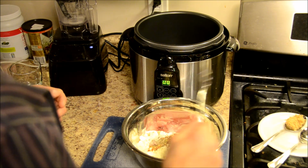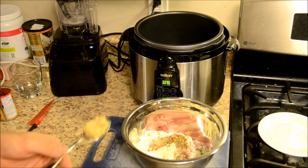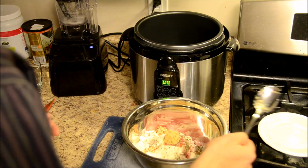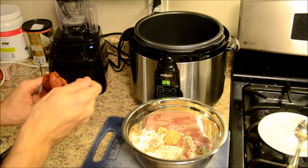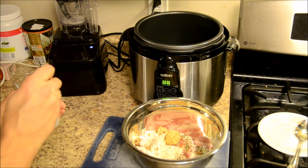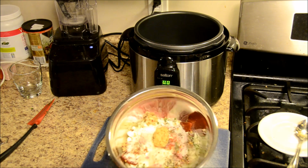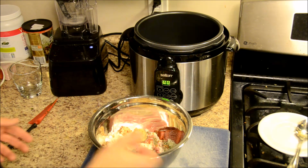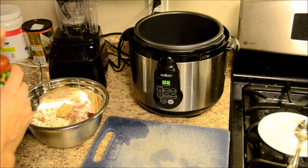Half a teaspoon or so of red pepper flakes, and then 2 cloves of minced garlic, which for me means a lot of minced garlic, because I like minced garlic. Then a little bit of tomato paste in it, which will just bring a little bit more flavor. So about 2 tablespoons. There we go. So I've got my meal. Now I'm going to have to mix it up and then form it into balls. Before I do that, I'm just going to...